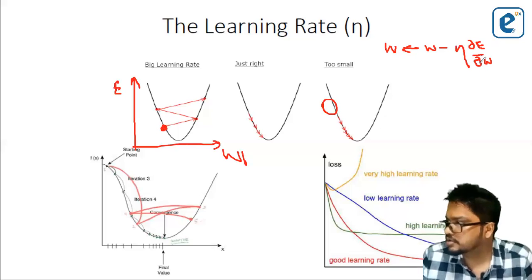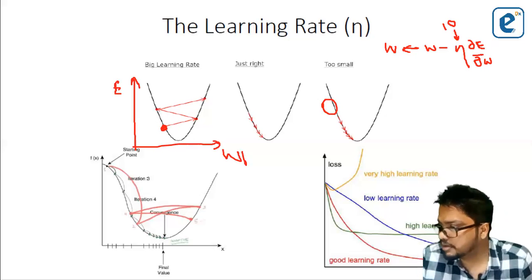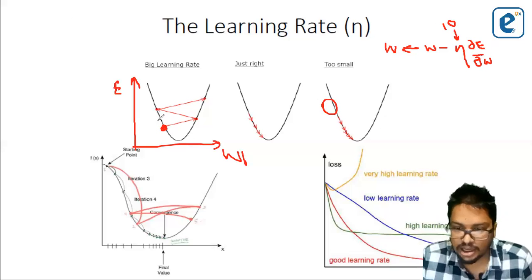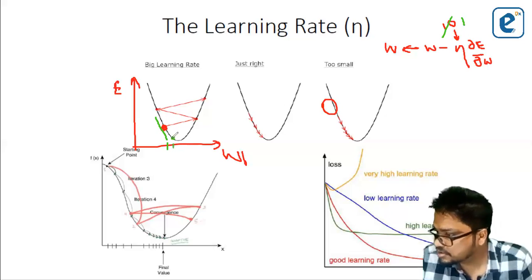Now what's going to happen if the gradient is a large value, let's say 10? The weight adjustment will be multiplied by 10. Let's say the gradient is negative, so we are asked to add to the weight. If the weight, say 1, would normally change to somewhere here,